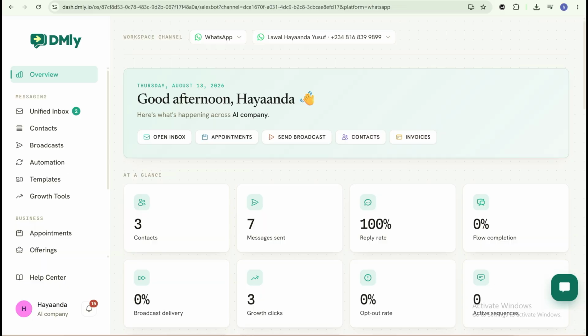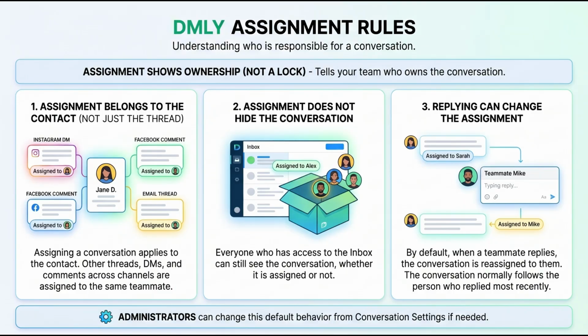Let's get started. Assignment in DMLY shows who is responsible for a conversation. However, assignment is not a lock. It simply tells your team who owns the conversation. There are three important things to understand. First, assignment belongs to the contact, not just the conversation thread. So, when you assign a conversation, that contact's other threads, including DMs and comments across different channels, are assigned to